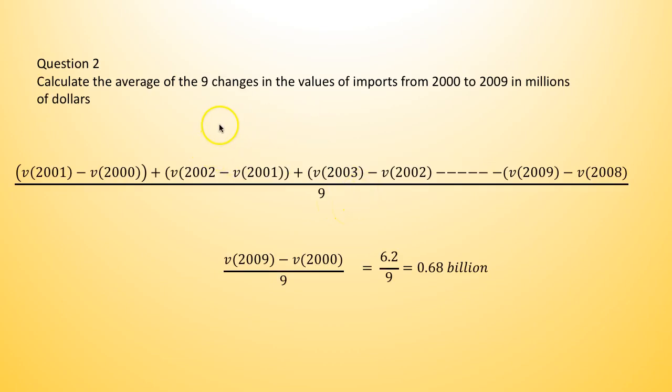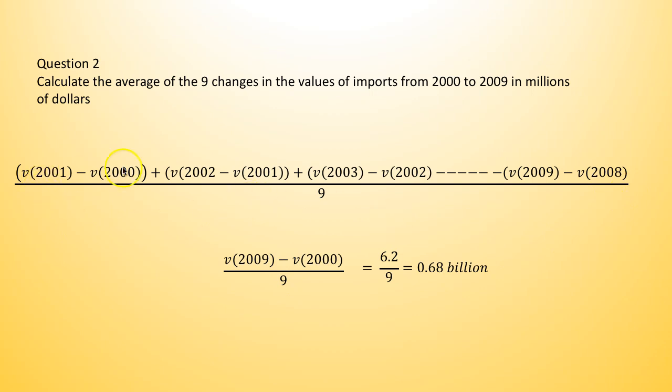8. Calculate the average of the 9 changes in the value of imports from 2000 to 2009 in millions of dollars. We need to calculate the average of the 9 changes in the value of imports. So the change for the first year would be value in 2001 minus value in 2000, plus value in 2002 minus value in 2001. That would be for the second year. Third year is value in 2003 minus value in 2002. And the last year would be value in 2009 minus value in 2008, divided by 9 because there are 9